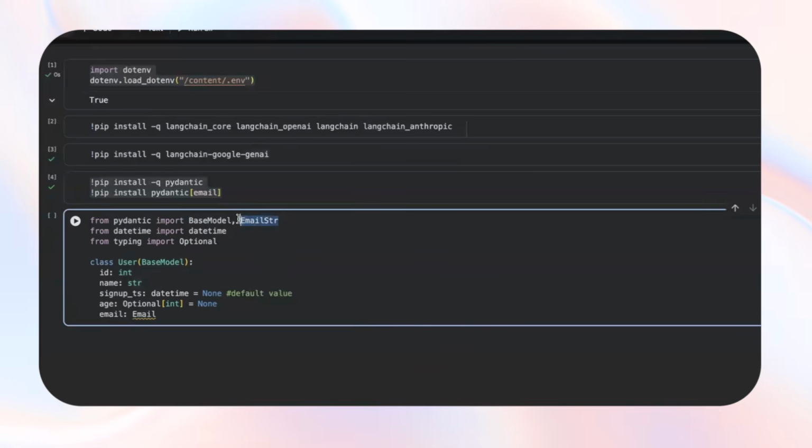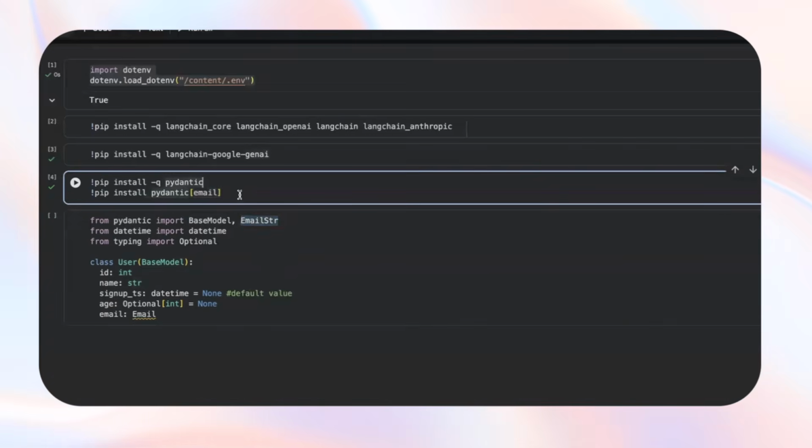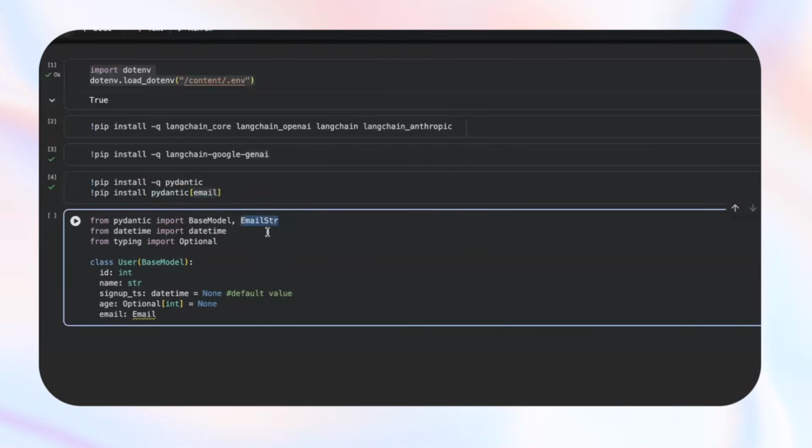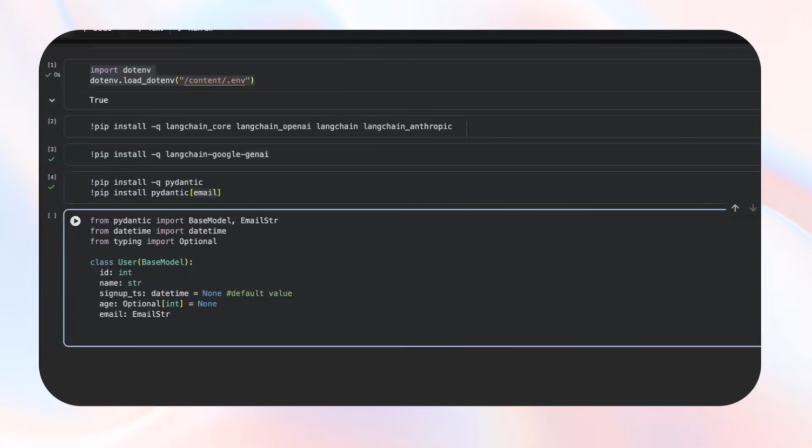Now, EmailStr will only work when you install this particular sub-part of the library, pydantic email. EmailStr comes with all those validations which make sure that the input provided by the user in this particular category, which is email, follows all the validation of a proper email. So I am saying EmailStr. And let's now execute this by defining a